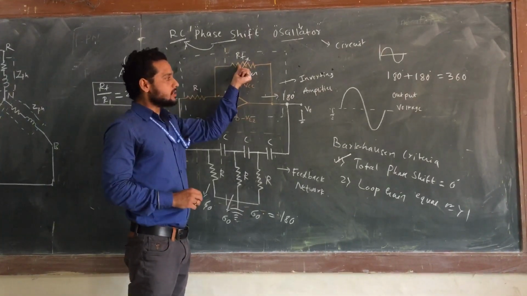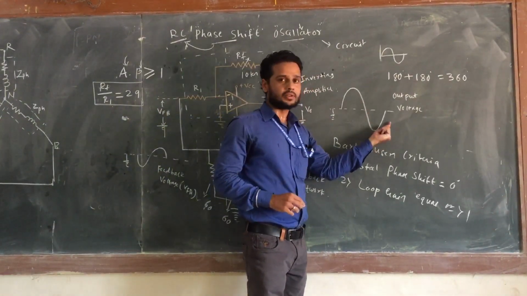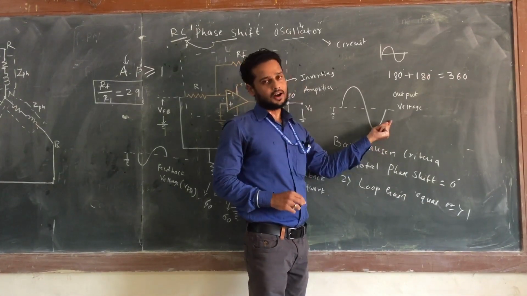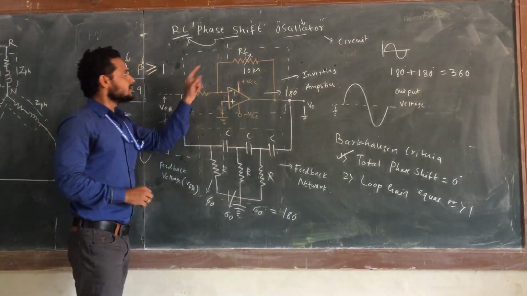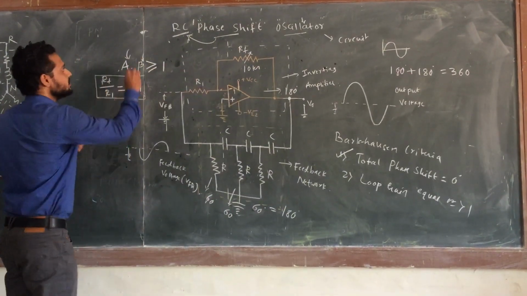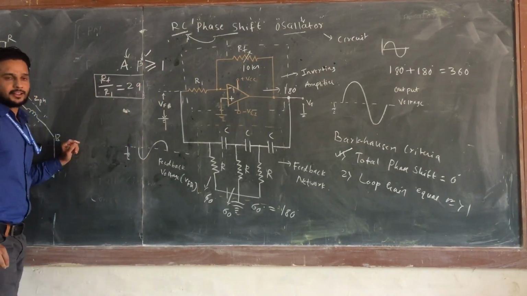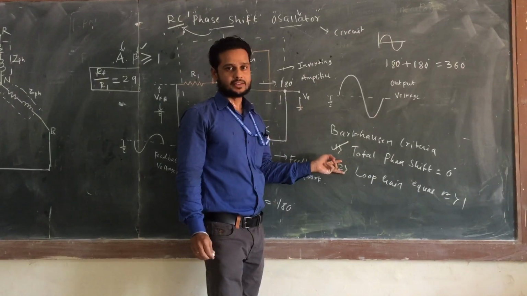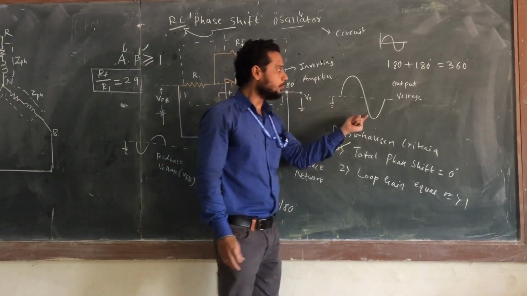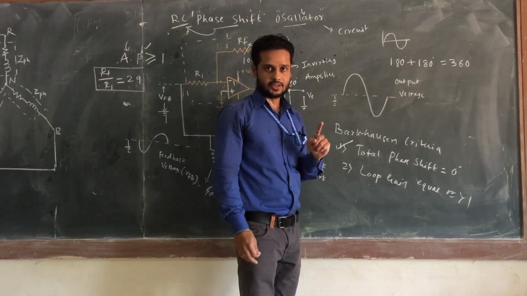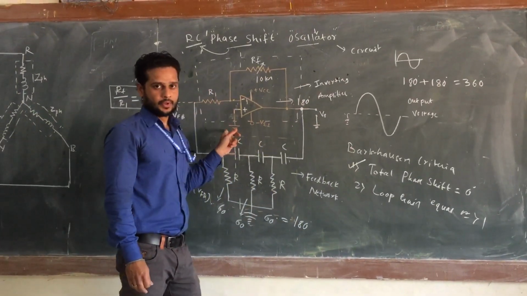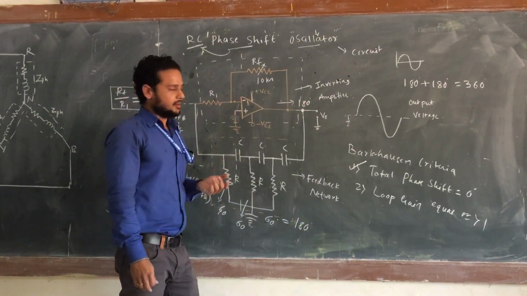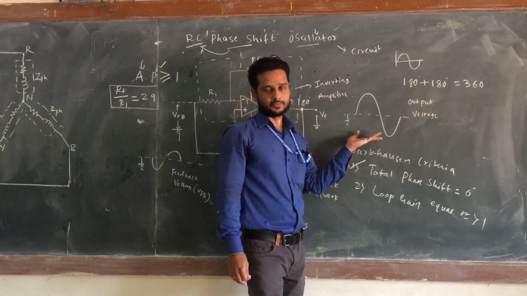Go on tuning this one until you get a sustained oscillation, a pure sinusoidal output. Once tuning is done, this condition will be satisfied. Then you can say that both the conditions of the Barkhausen criterion are satisfied. Then you will get the output having one particular frequency without applying input. Now you can raise a question here: what will be the value of frequency?